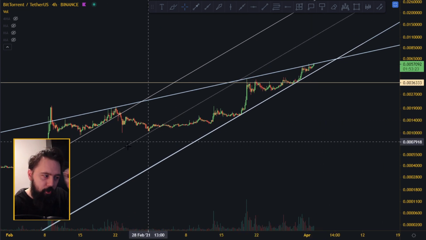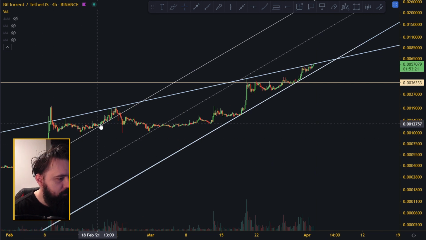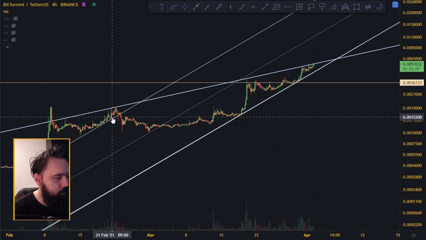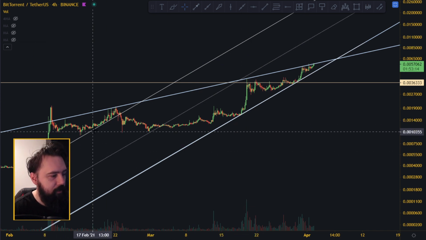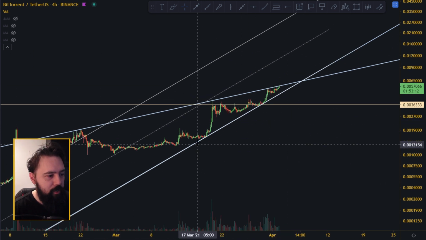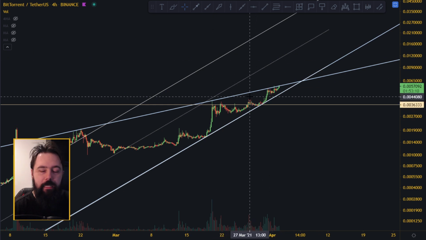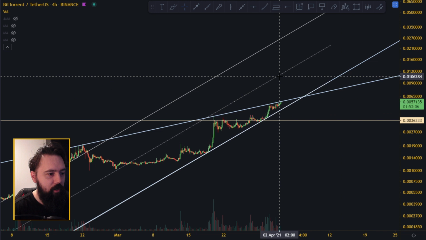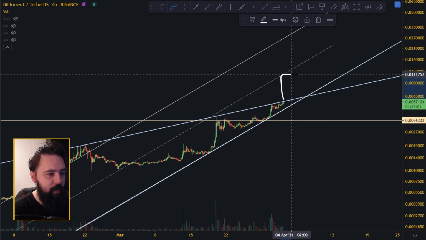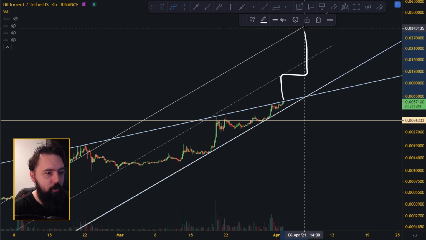So I'm going to show you the target. You see this bottom over here and these supports over here. It creates a very nice, very perfect support line, right? And that support line actually down here as well. These are parallel lines, so they are very important. So that means we're gonna go maybe something like Holochain again, up to the line, sideways, and then up the line all the way up here.